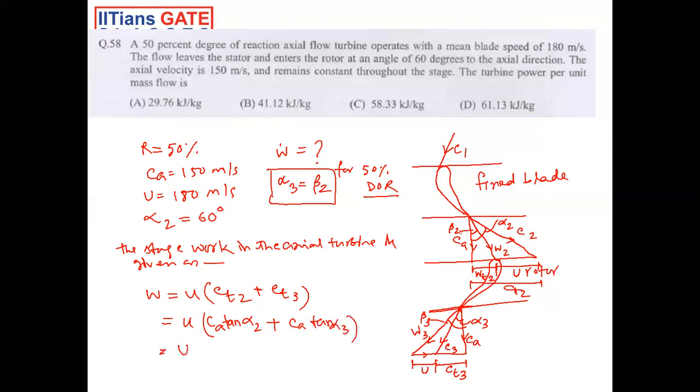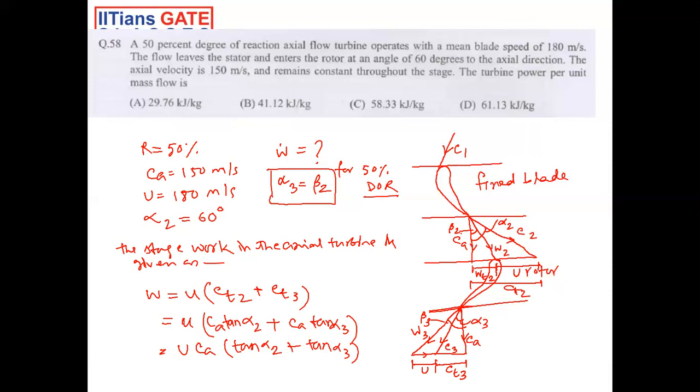So W equal to U CA (tan alpha 2 plus tan alpha 3). Now alpha 2 is given as 60 degree, and we need to figure out alpha 3 to get W. So from this triangle,